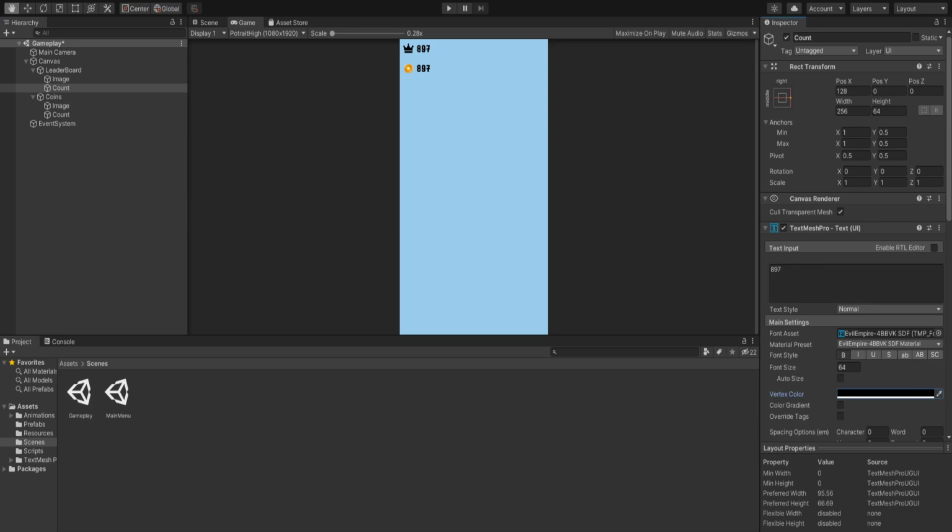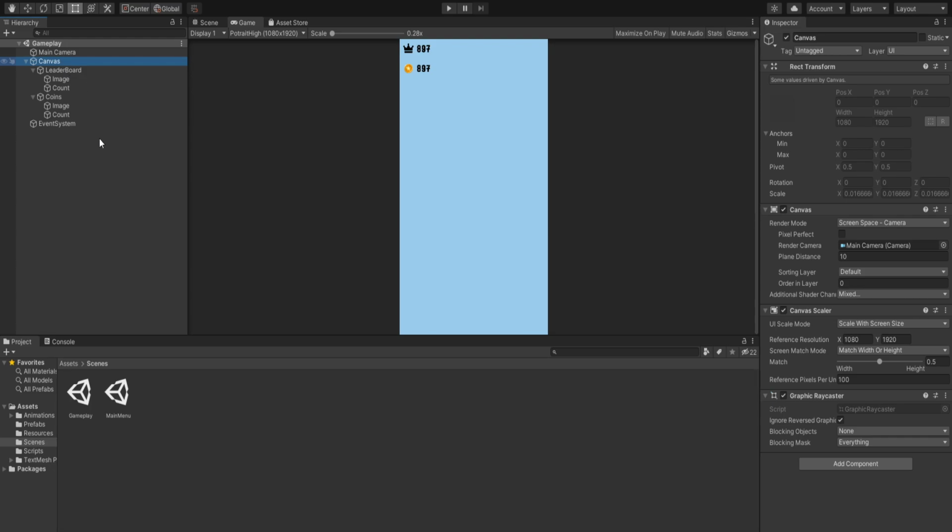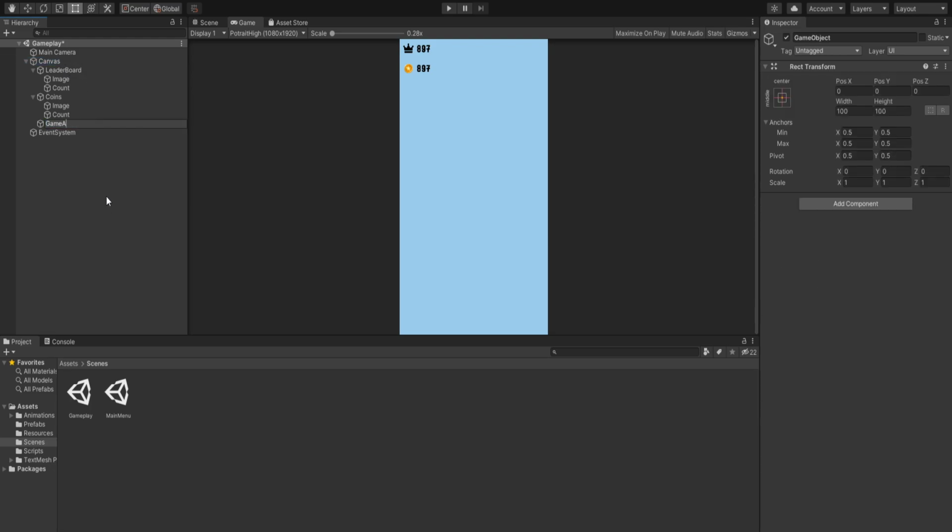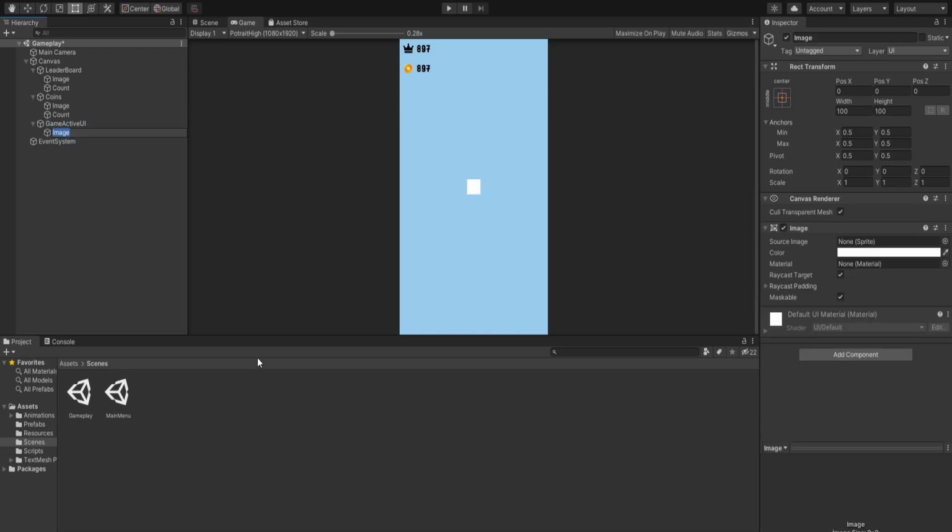Now these are going to be shown every time, so it does not matter where we put them. Now we'll need a pause panel, so the pause panel is going to be at the center. But before having the pause panel, let's create our game active UI. So again, it's going to be an empty, and we'll just call it game active UI. And inside this game active UI, the first thing we are going to have is the pause image, and it's going to be a circle. Let's select the circle,